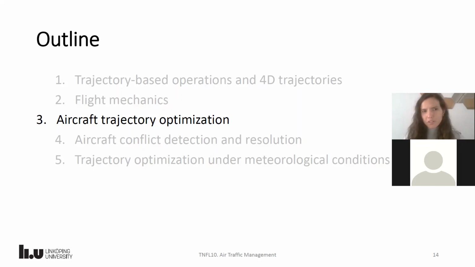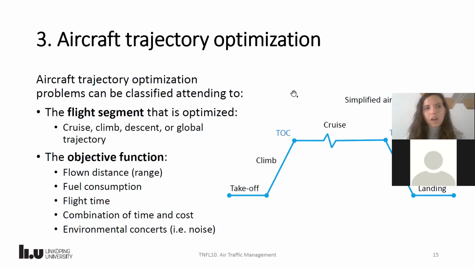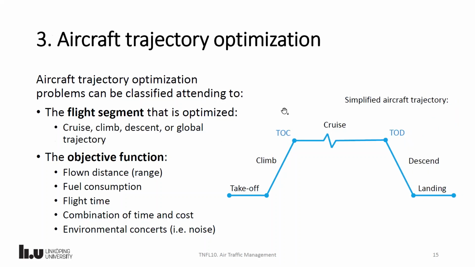Then we have aircraft trajectory optimization. We can classify different trajectory optimization problems depending on whether we are in one flight segment or another. In general, we can separate these 5 different segments, which are first takeoff, the climb, the cruise, the descent, and